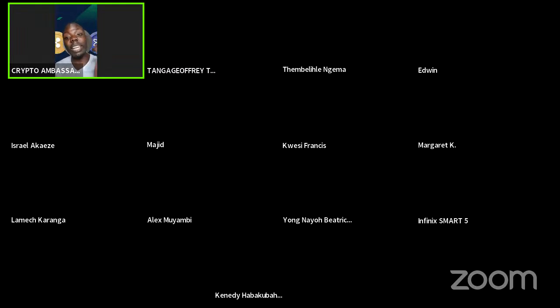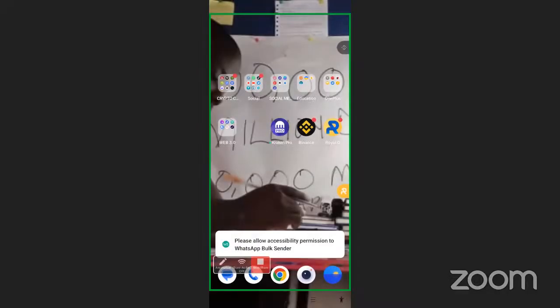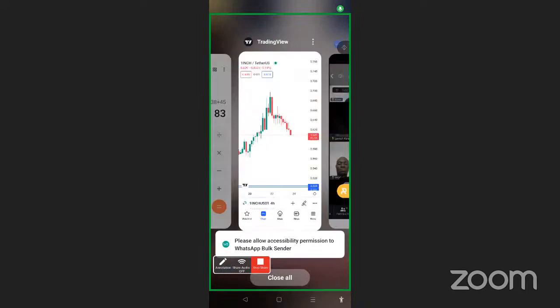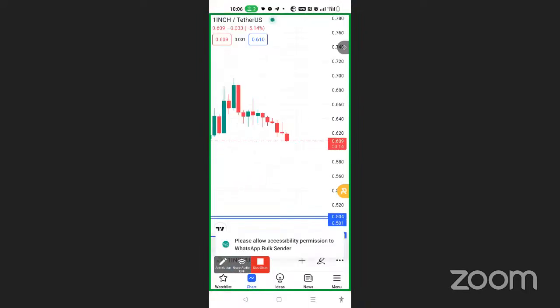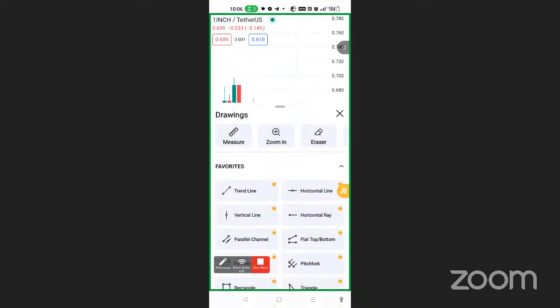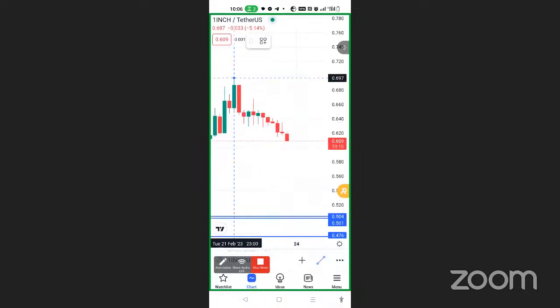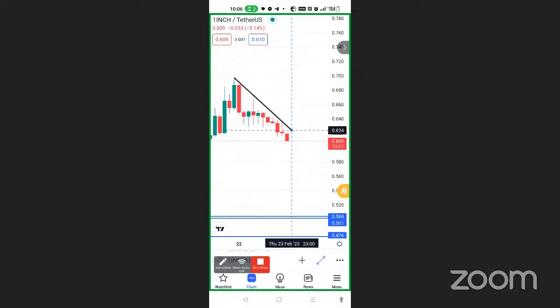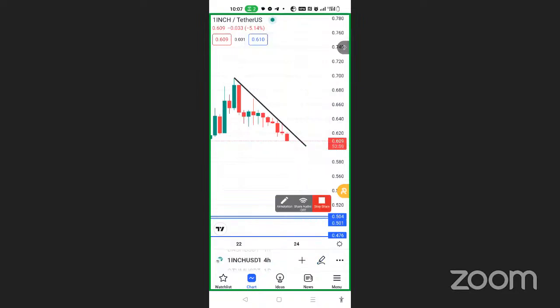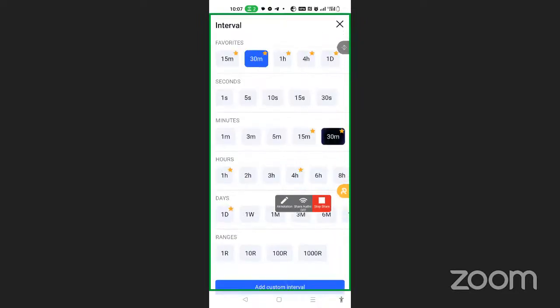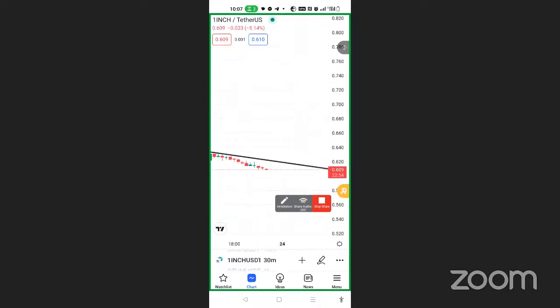That's why you bring in a trend line and you say, I want to trade 1inch. Okay, what will I do? I want to make a perfect entry at an uptrend. You come here, pick your trend line, and draw it well. You are waiting for a breakout. You don't need to be so perfect. You're waiting for a breakout. You're waiting for a green candle in the 30 minutes time frame, which we call a pre-entry. Here it will happen faster